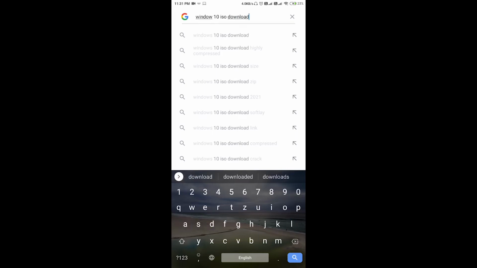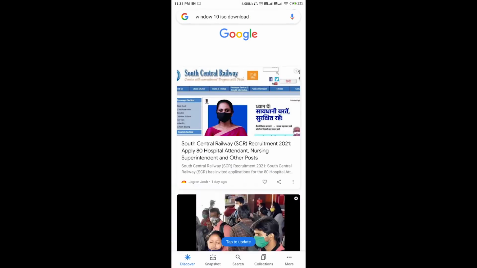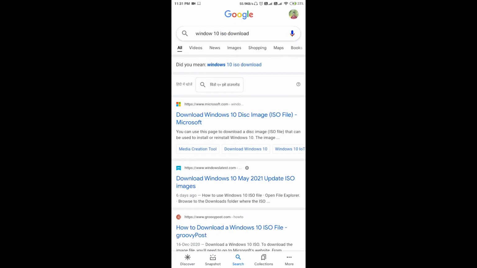Then we will search. Here we can see the first link. We will click on the first link, download Windows 10 disk image ISO file Microsoft.